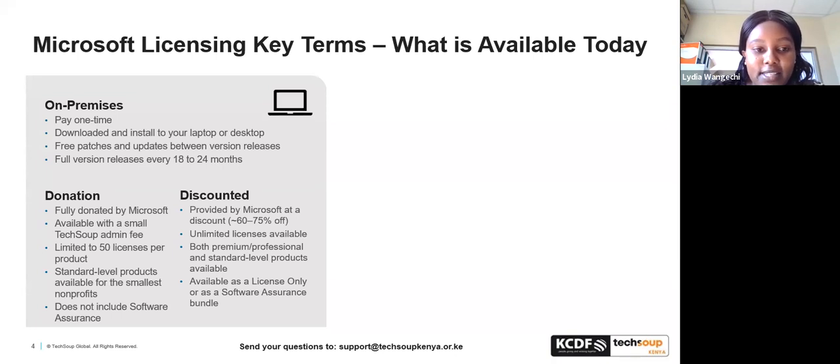The main difference would be that with the donated, there is a limit in terms of the number of licenses that you can purchase. With the donated, you can get up to 50 licenses, but with the discounted, you get an unlimited number of licenses. So let's say you wanted 100 Office standard licenses. You can only get 50 as a donation, and the price for the 50 licenses under the donation category